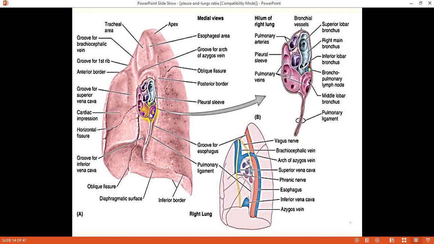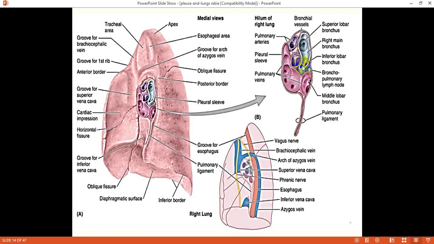Now, observing the right hilum, it can be observed that the principal bronchus has already divided, and the bronchi observed here are known as eparterial and hyparterial bronchi. The pulmonary artery can be seen as a single channel, and if cut very close, the two branches of the pulmonary artery are seen. Generally, we observe only one pulmonary artery at the hilum, and the bronchus above the pulmonary artery is called eparterial bronchus, and below the pulmonary artery is hyparterial bronchus.